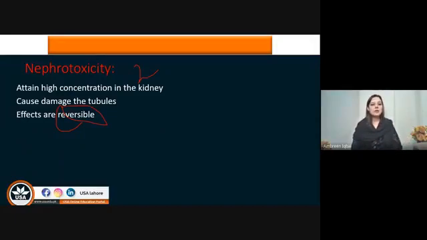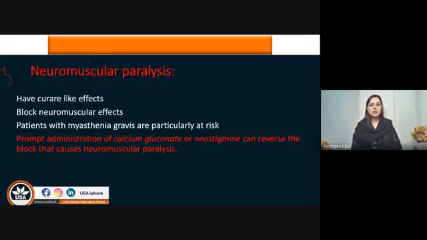The third one is neuromuscular paralysis. And we have studied about this in detail, what neuromuscular paralysis means, neuromuscular muscle relaxation. And we have studied in the chapter of skeletal muscle relaxants why this muscle relaxation is going to occur. We have studied about curare, like here it is written that aminoglycosides have an effect like curare, and what is the curare effect they are going to cause, ये क्या थी, this is a poison जो हमारी, और इस तरह की हमने बहुत सारी drugs बनाई जो muscle relaxation cause कराती थी, and how they are going to cause muscle relaxation,